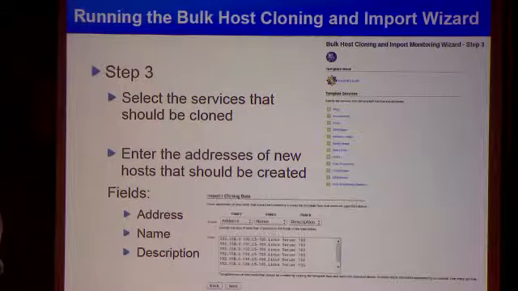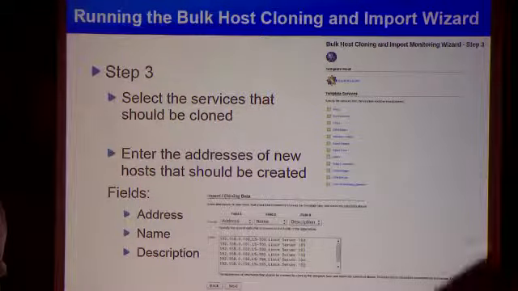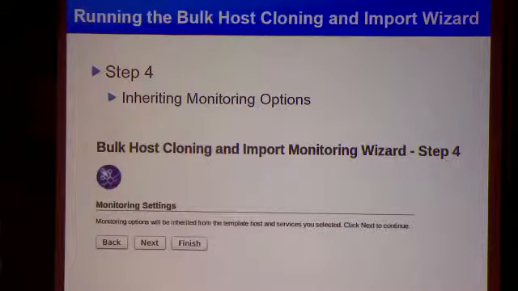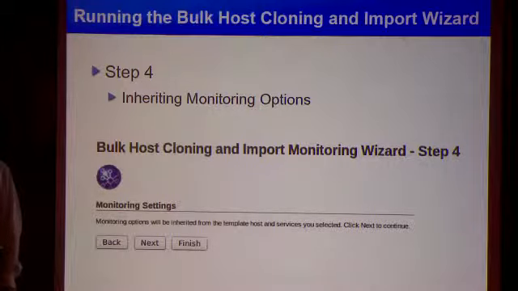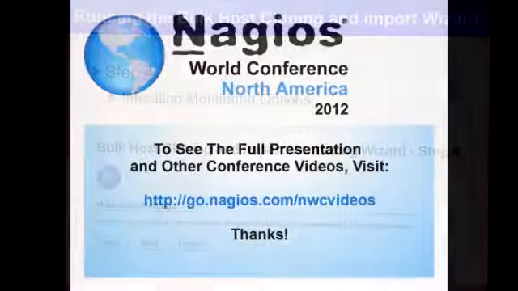One thing some users forget is sometimes they enter all of the data into the text box, but then they forget to select in field 2 and field 3 the name or the description. If you forget to do so, this info will not be copied over. So on step 4, you can basically just click on a finish button and be done with it. But the wizard is